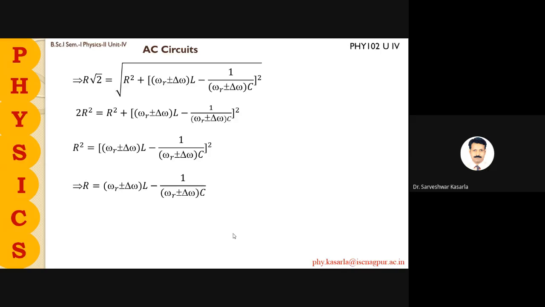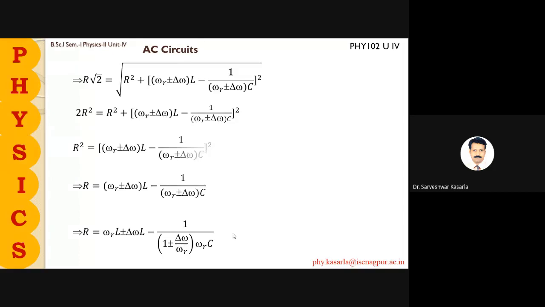So then now here, what will you do? You just solve the first bracket omega R L plus or minus delta omega L and a little change. Okay. So that is we have taken omega R common from the second bracket. Okay. So that will be omega RC is common now. So that will be 1 plus or minus delta omega upon omega R. So yesterday that plus or minus sign was not printed. I have corrected today. Is that okay?